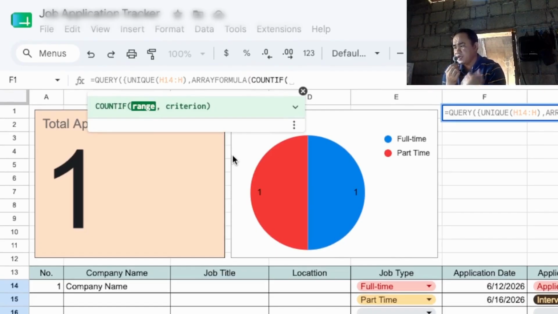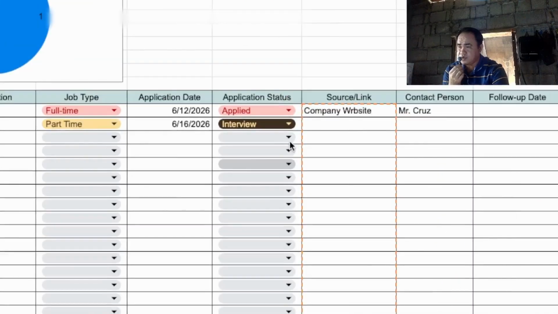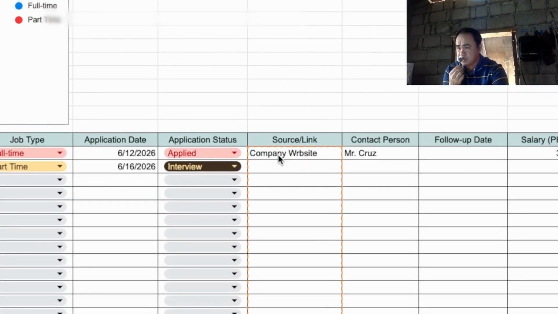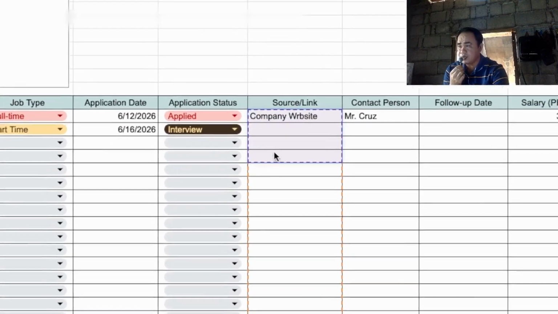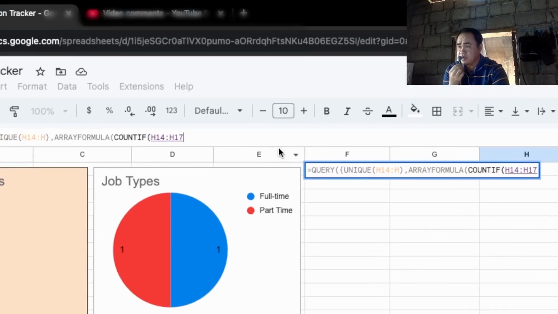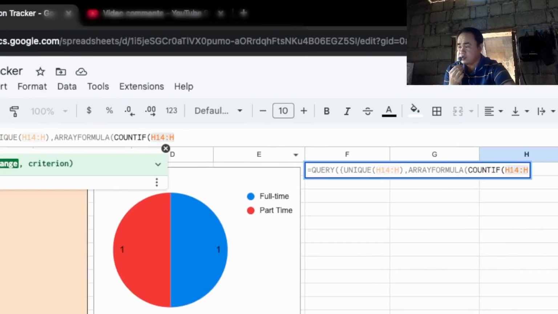Select COUNTIF, and then again we're going to select the source or link or company name, and then delete the cell reference again, then close that off.